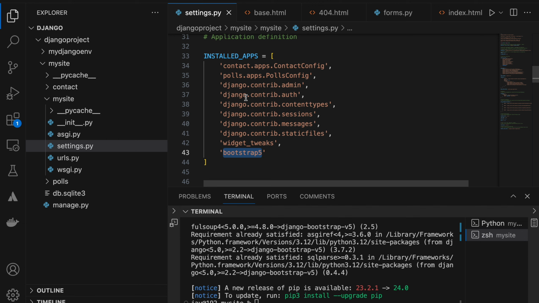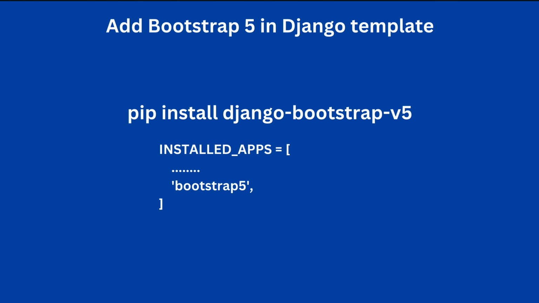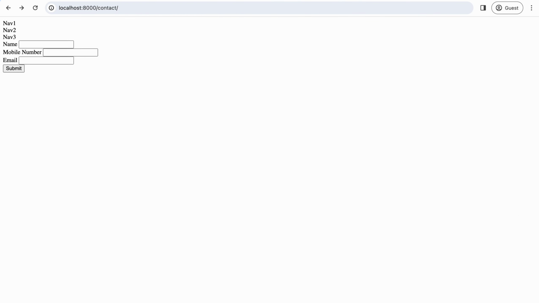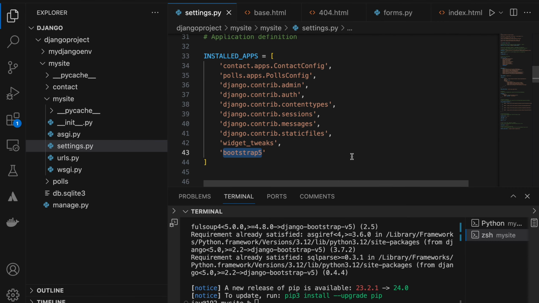But contact.apps also we want to install. Yes, I have created that app now. That's why I've added that one. So I have installed this one. I have included this Bootstrap, right? Previously it was looking like this, right? Now I'm going to